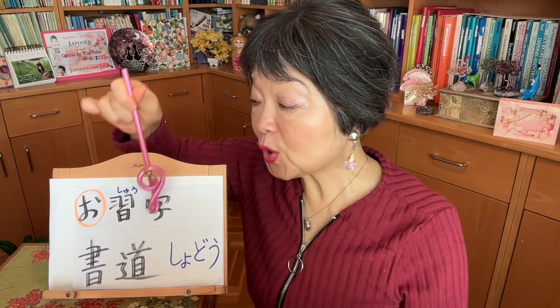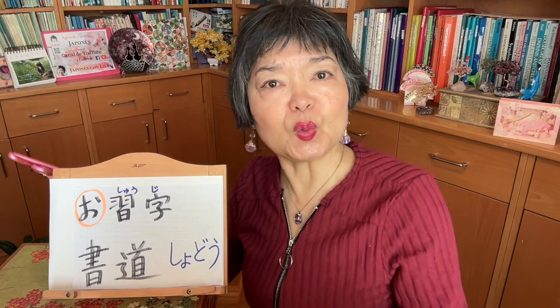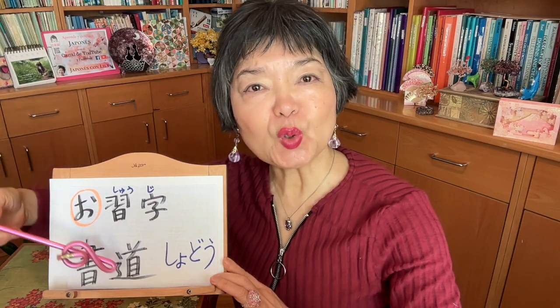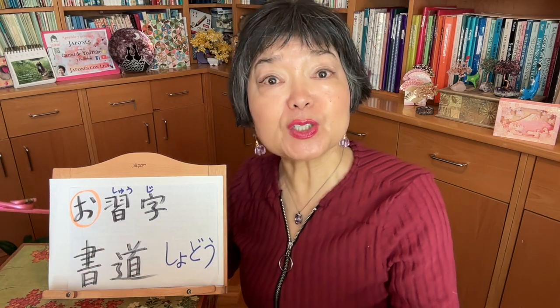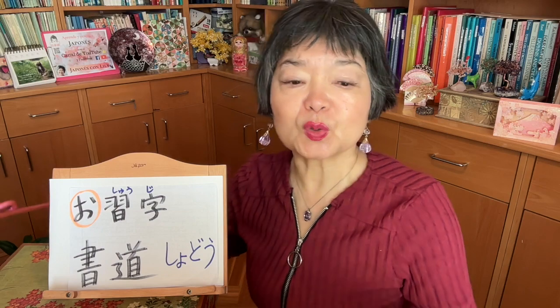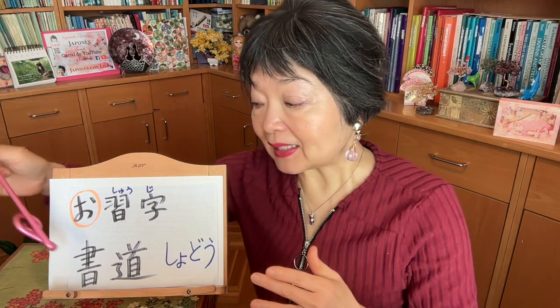Both words, oshuji and shodo, we can translate as Japanese calligraphy, but oshuji is to learn at school, and the only importance is to write it beautifully and in the correct order. But shodo is an art to express yourself. So maybe at first you might copy your master, but little by little you must learn how to express yourself using these writings. And not only beauty, but also rhythm, and maybe shodo can show your character or